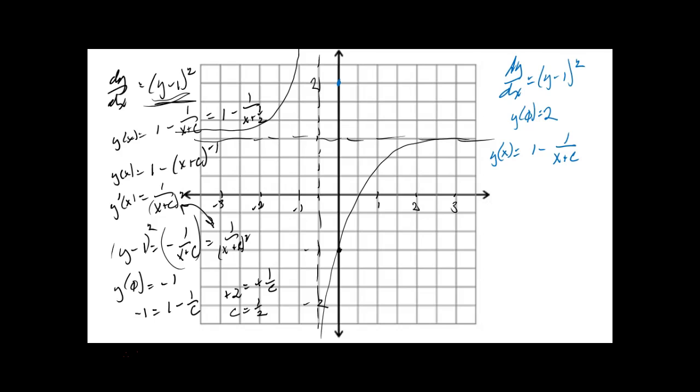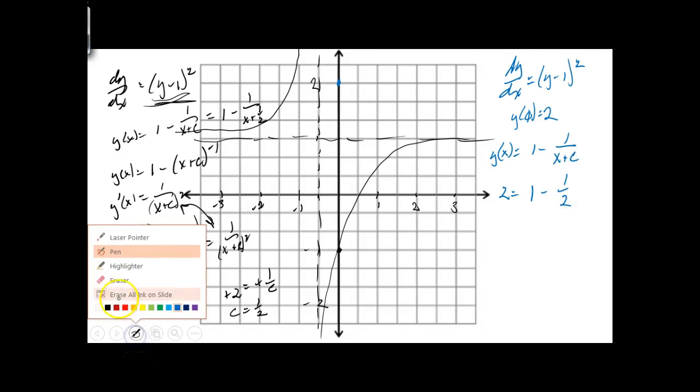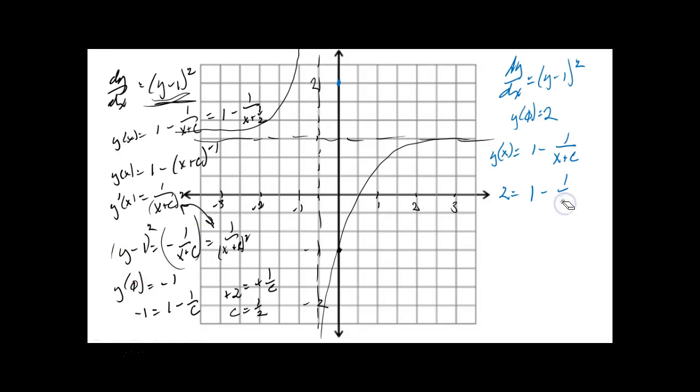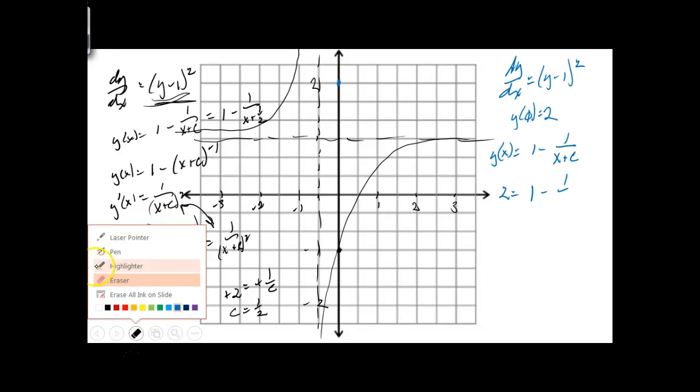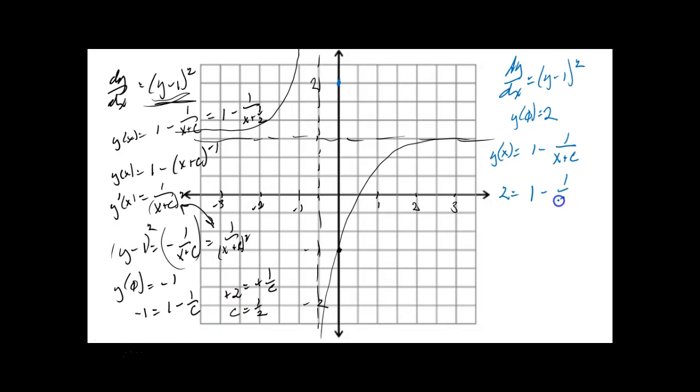Okay, plug in y of 0, and y of 0 here is 2, is equal to 1 minus 1 over c, sorry, 1 over c, because x is equal to 0. Same thing we did before, okay? But now we get 1 is equal to minus 1 over c, meaning that c is equal to minus 1,